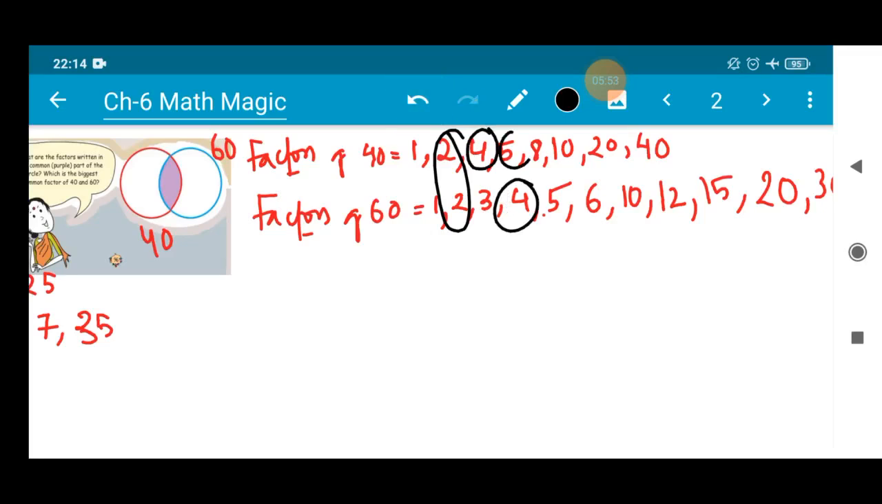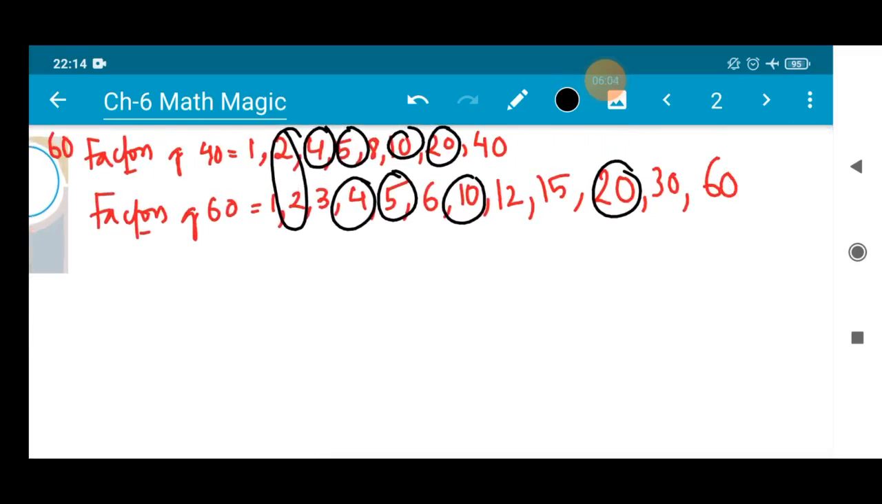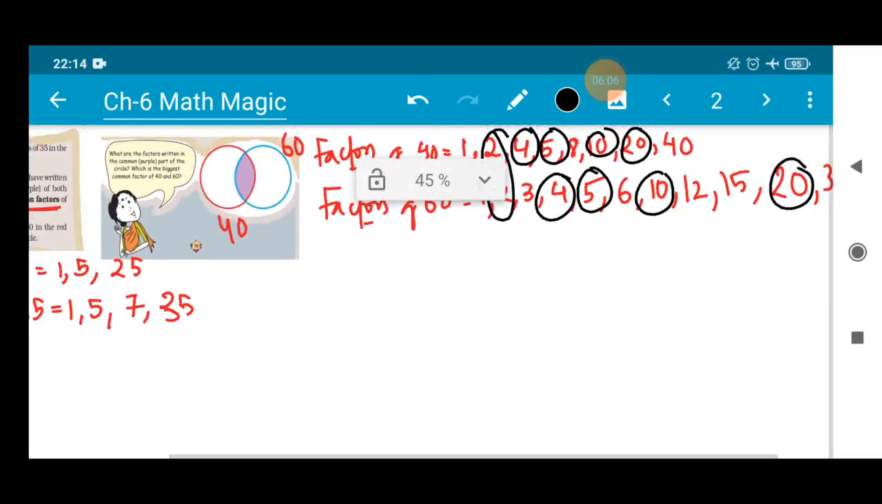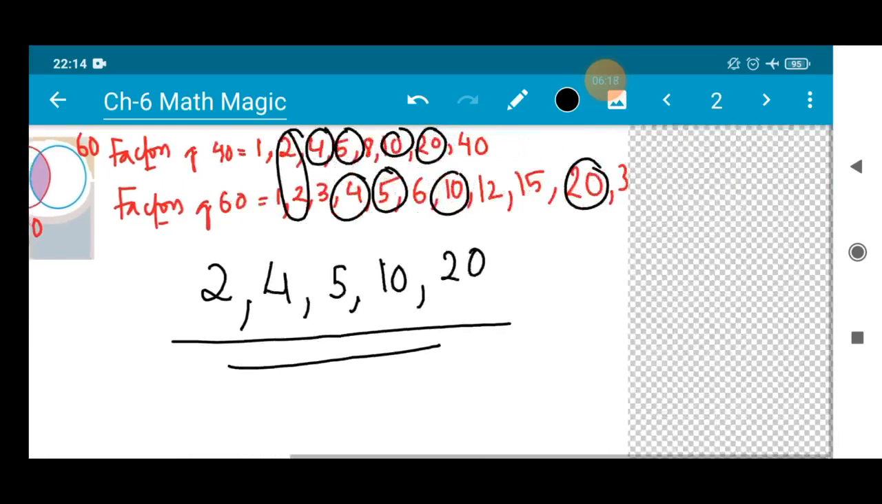4 is a common factor, 5 is a common factor, then 10 is a common factor, yes, absolutely, then 20 is a common factor. Okay, is there any other number which is common besides these? No. So the common factors which we are going to write in the purple part are 2, 4, 5, 10, yes, then 20. Okay, so these are the common factors of